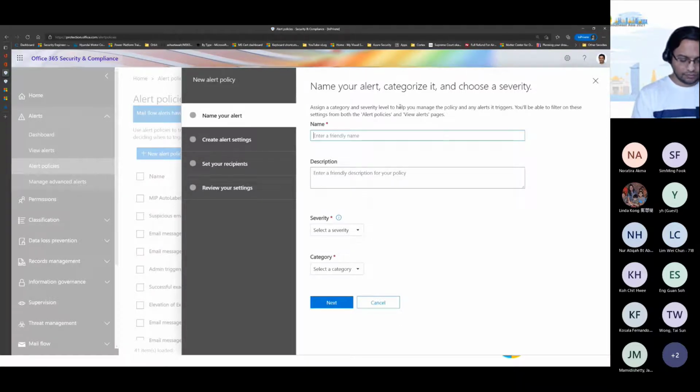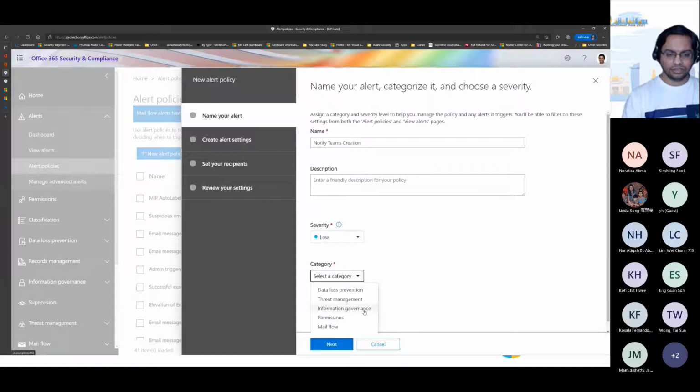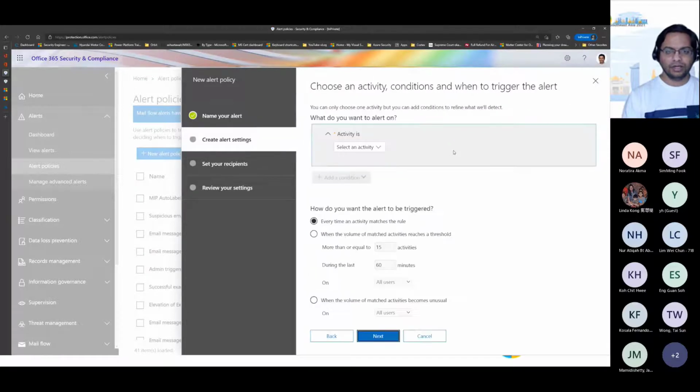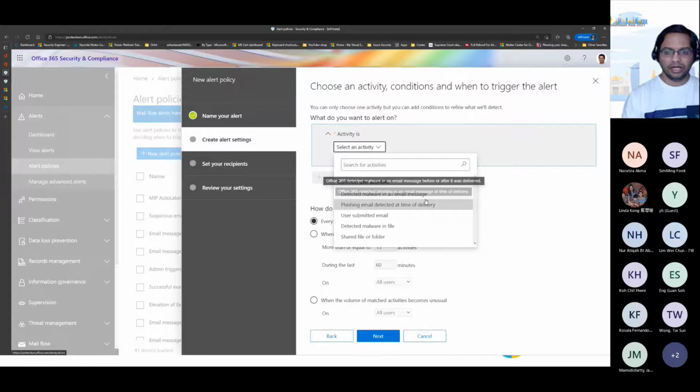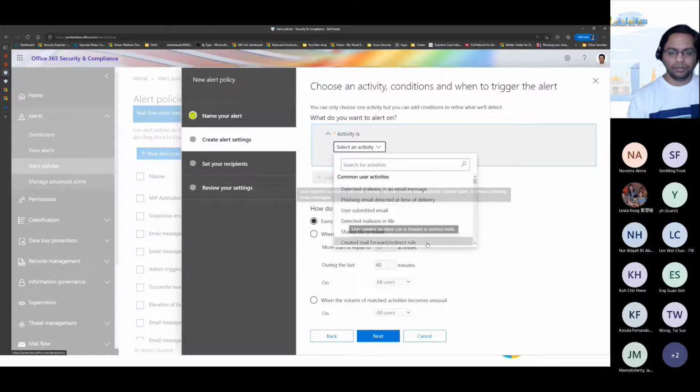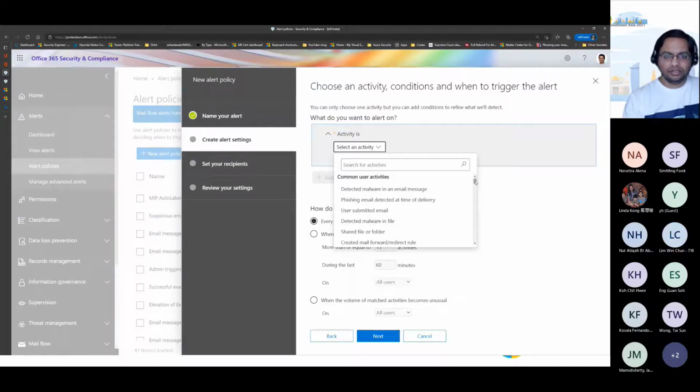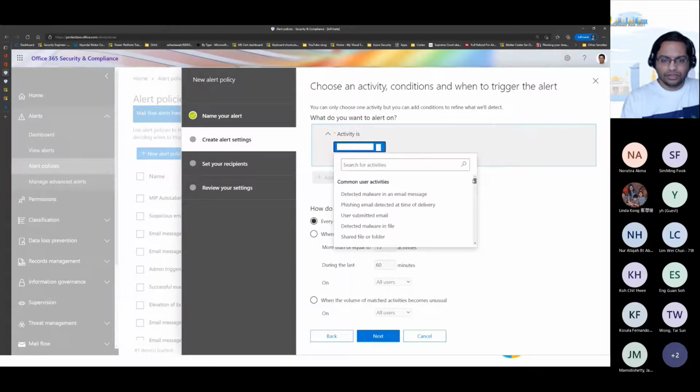So I'm going to create it and keep the severity medium, or maybe even low, because it's just information. And I'm going to say information governance. And now here, I can say what has to happen. You will see that there are tons of options available. First is the common user activity, so things like